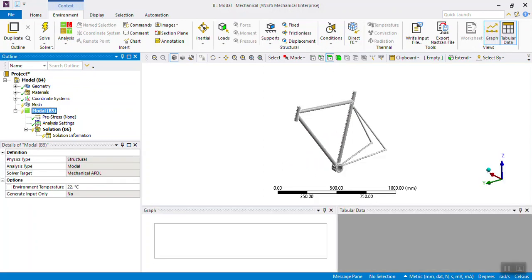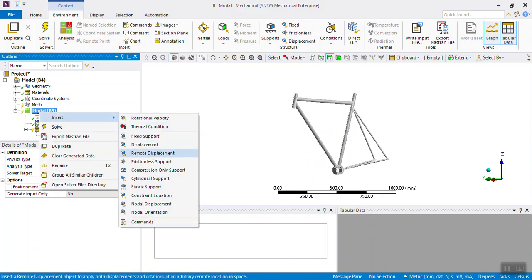So model analysis. Okay, if you look here, right click and say insert, you can see here only displacement boundary conditions are existing. We have cylindrical support and also fixed support. Okay, so